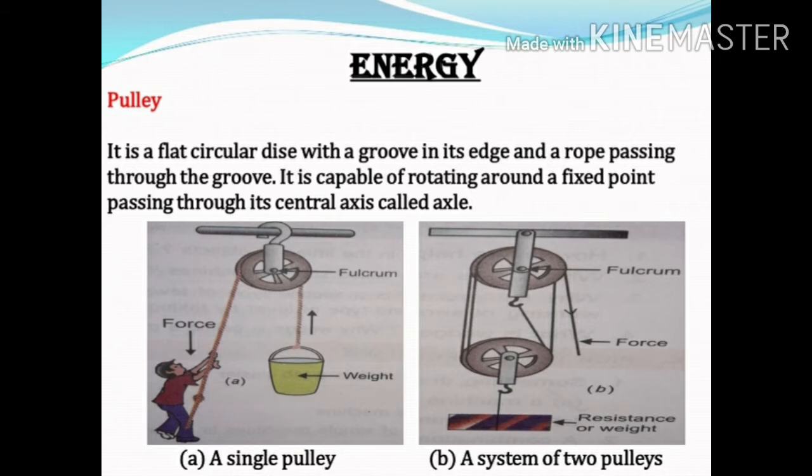The groove is used to hold a rope and it moves over it. It reduces the effort by changing the direction of force applied. It is used to lift heavy objects or move a heavy object. For example, drawing water from a well without a pulley is tiring, but by use of a pulley it is easy. Pulleys are used in cranes and hoists.